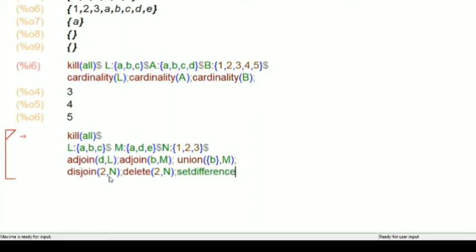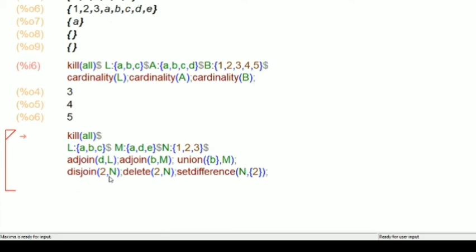Set difference of N. Now you have to make this one a set. Don't get confused. From this N, you have to remove that is 2. Right?